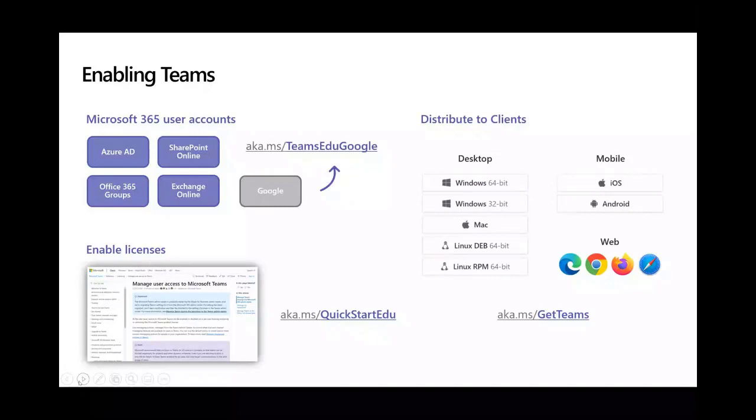Carrying on, and it's actually not listed here, is readiness. How do you train individuals to start using tools? Teams is an amazing productivity tool, but for those individuals who don't have a lot of familiarity with it, you do need to make sure they have a little bit of awareness of what to do in this space. It should be listed on the AKA link that Mike pointed out at the beginning: there are two really good quick start guides I really like.